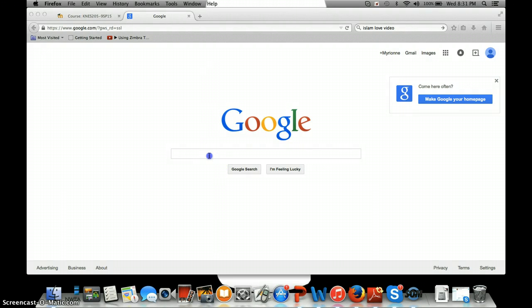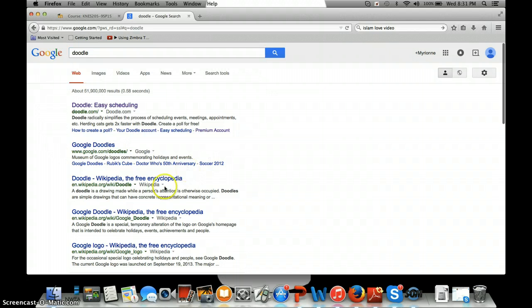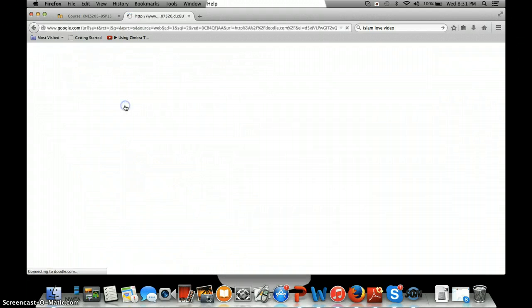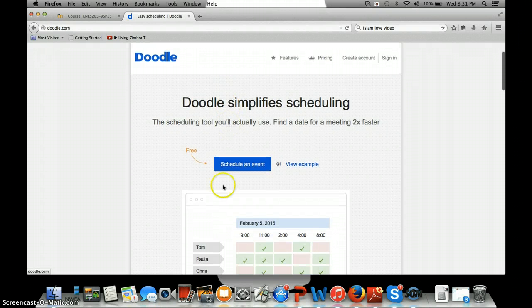So here we go. In Google, you can type in Doodle and go to the Doodle Easy Scheduling website. Now you can use a paid version of Doodle, which allows calendar integration. It's free of ads. You can personalize it on the main screen, and you get your own web domain and things, but the free version works just as well. So you're going to click schedule an event,